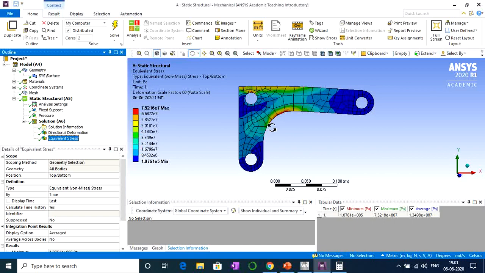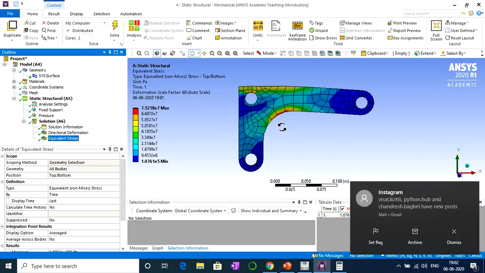So I'll not go and change these things, but if you're trying this model, you can try to refine the mesh size on this fillet and check how much the stress increases. But currently it seems like the stress is around 75 megapascal, and